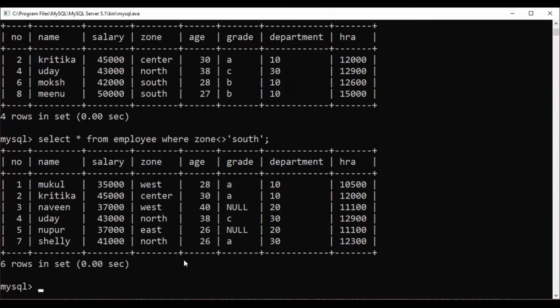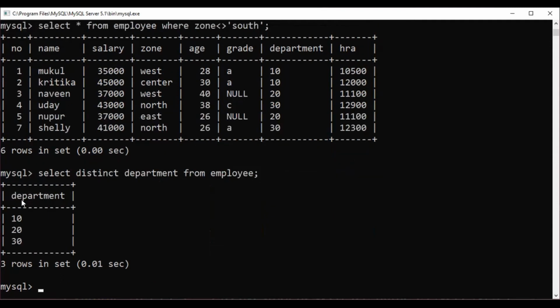Next thing is that you want to display the employees with the unique departments, or distinct department if you want to select. So how we will be selecting? Select distinct department from employee.